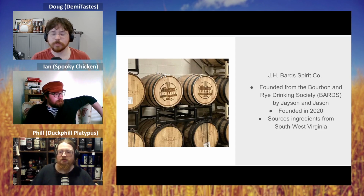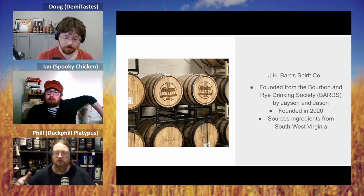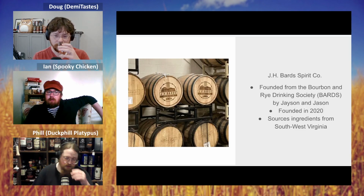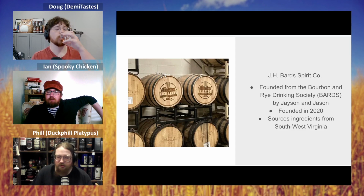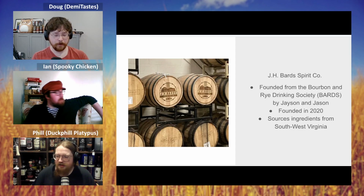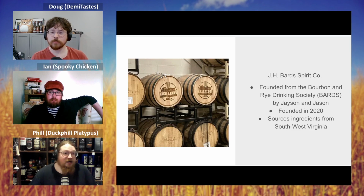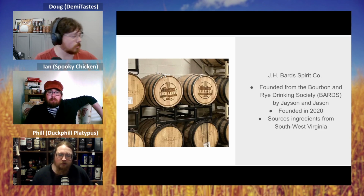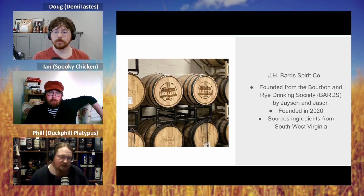But they're doing sort of the same locally sourced ingredients thing where they're sticking to Southwest Virginia. They do all their own distilling, all of their own aging. They've got a single malt, which they didn't have any bottles of on their table other than the one that was